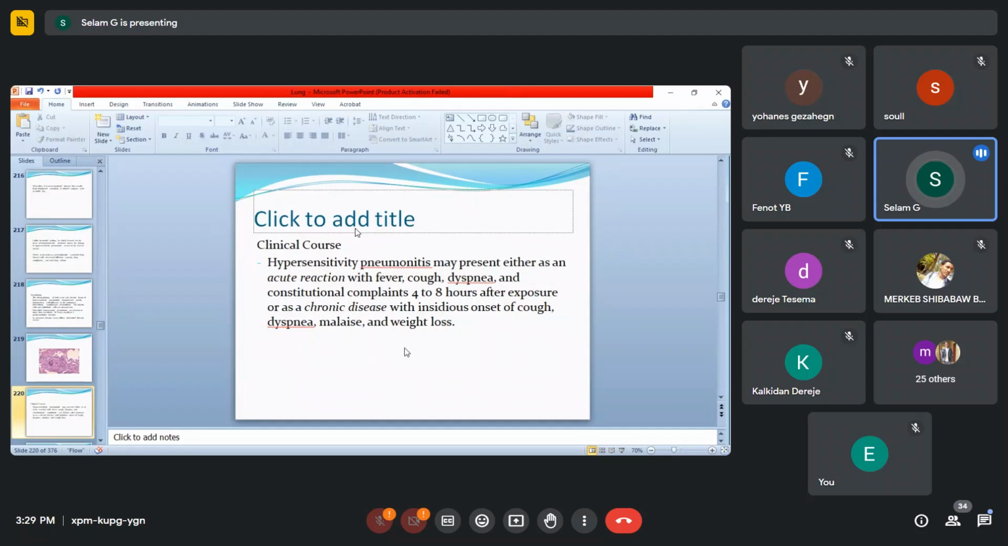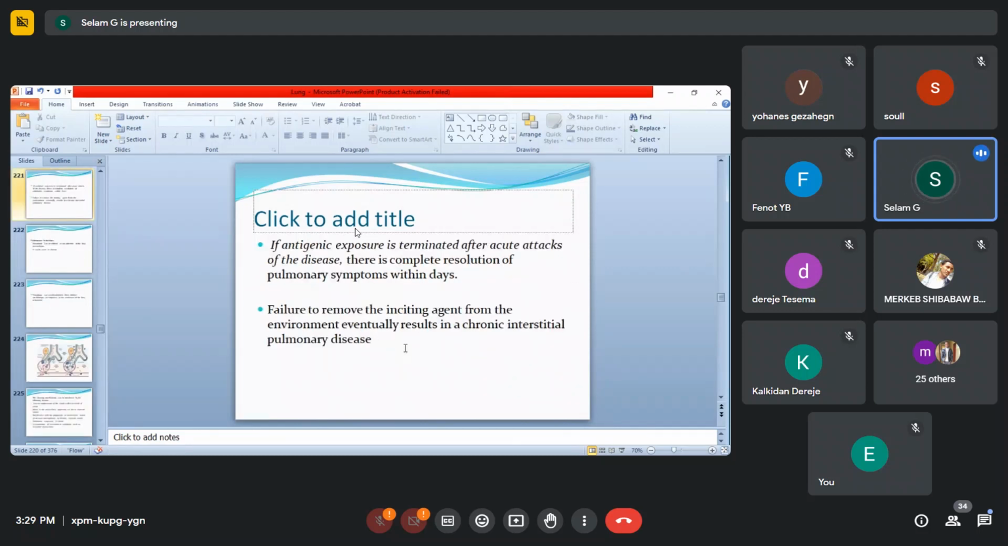This entity may present either as an acute reaction with fever, cough, dyspnea, and constitutional complaints 4 to 8 hours after exposure, or as a chronic disease with insidious onset of cough, dyspnea, malaise, and weight loss. If antigenic exposure is terminated after an acute attack, there is complete resolution of pulmonary symptoms within days, like many allergic reactions. Failure to remove the inciting agent from the environment eventually results in chronic interstitial pulmonary disease, especially